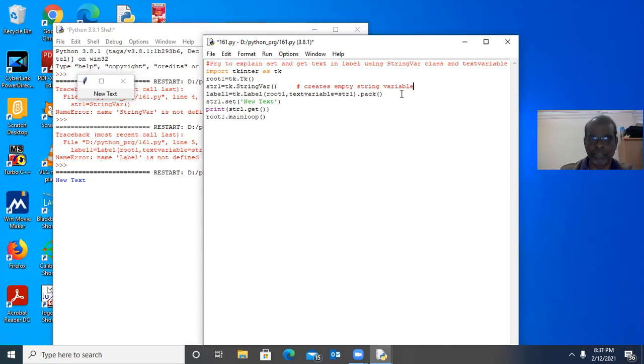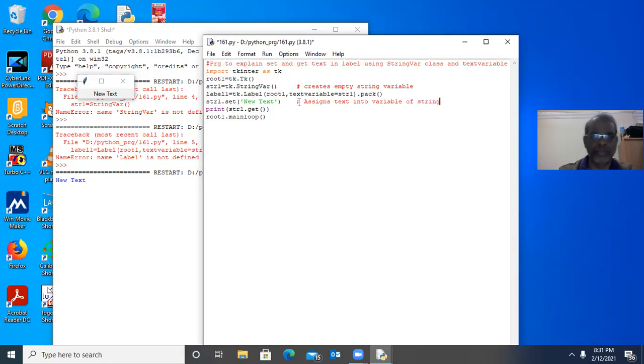Here it assigns new text, or assigns text into the text variable, of string.